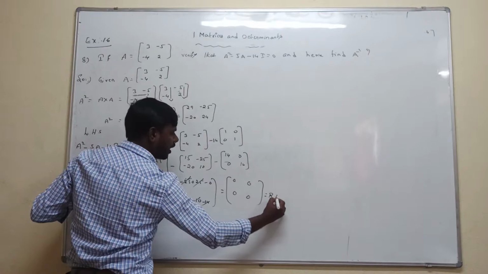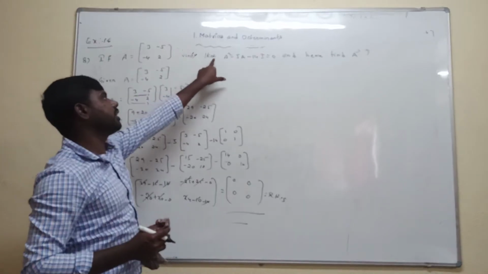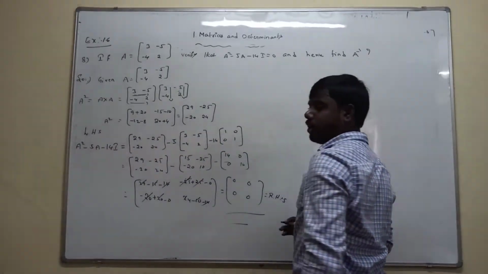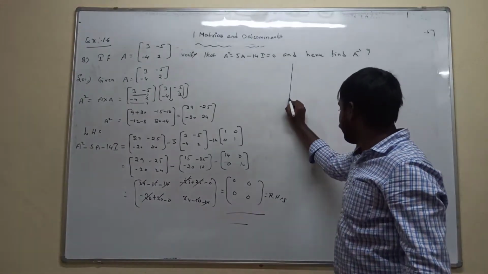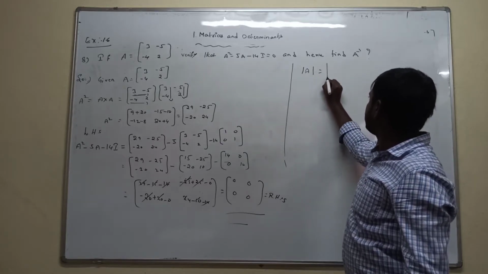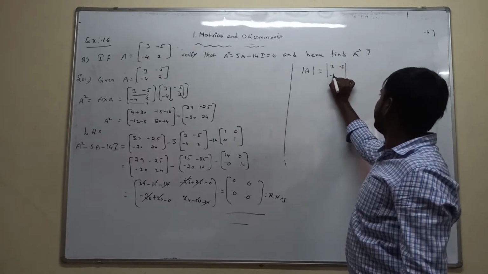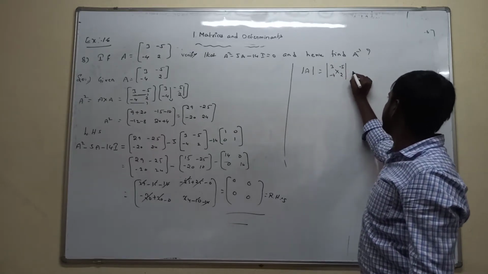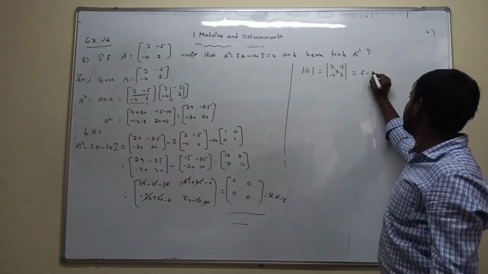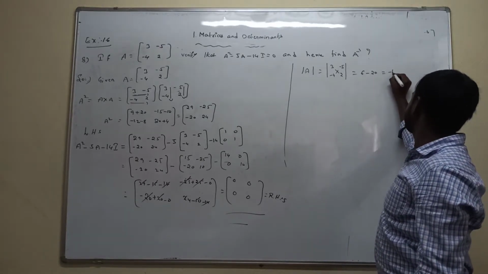Finally we get the right hand side condition. The given question is to verify that A squared minus 5A minus 14I equals 0 or not. Okay, now finally we got the right hand side condition. Next, what they are asking: find the inverse of A. First we calculate the determinant of A. So for the determinant of A, substitute the elements 3 minus 5 minus 4 2. Apply cross multiplication: 3 into 2 is 6, minus minus 4 into minus 5 is plus 20. Plus of minus is minus 20. 6 minus 20, that value is minus 14.